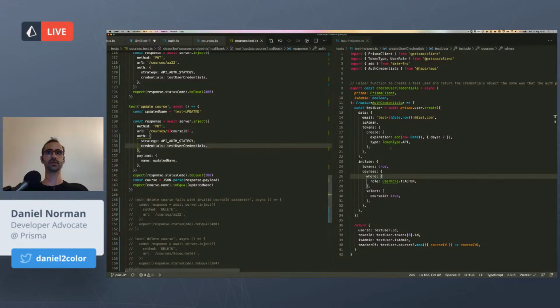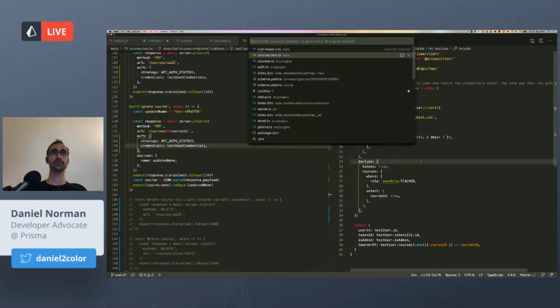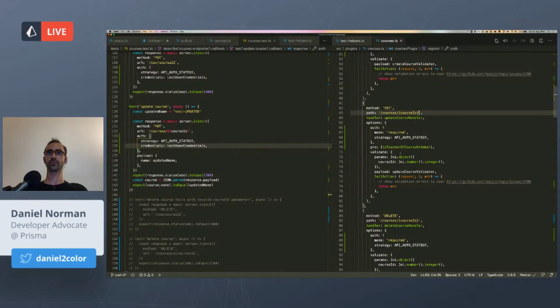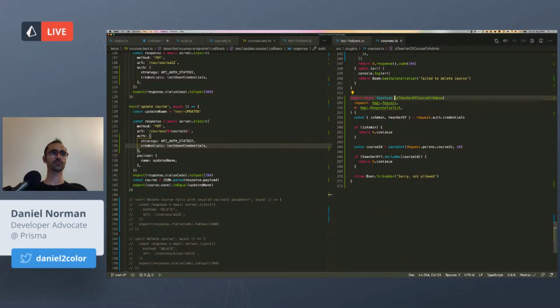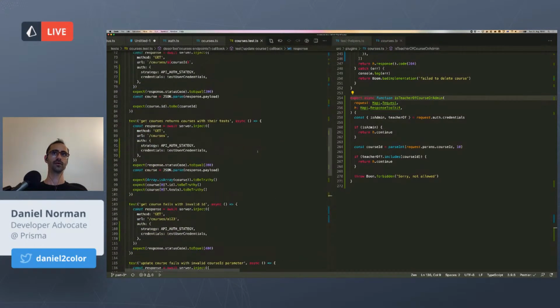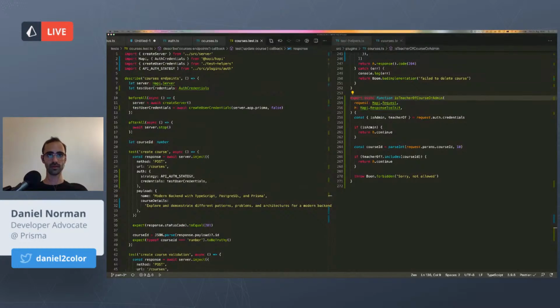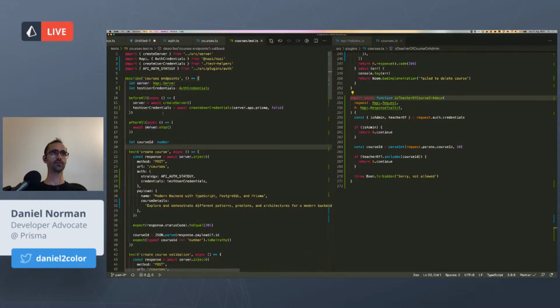Okay, let's see. Why might we be getting that? Put update courses is teacher of course. Oh, right. So the reason that this is happening is because, one moment, courses test, is because, so this test user credentials,